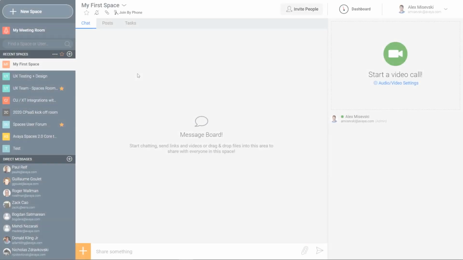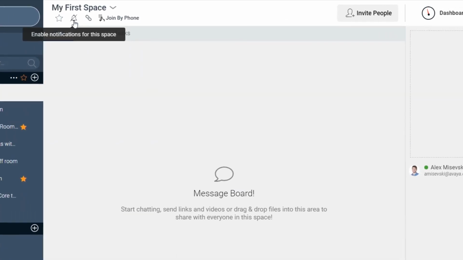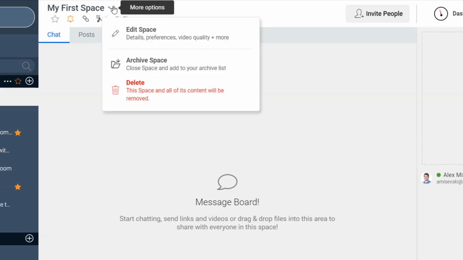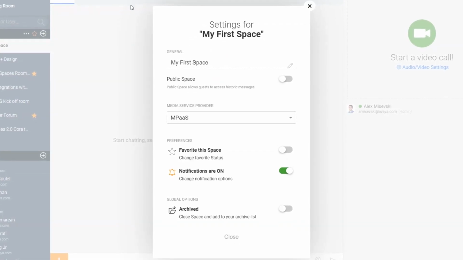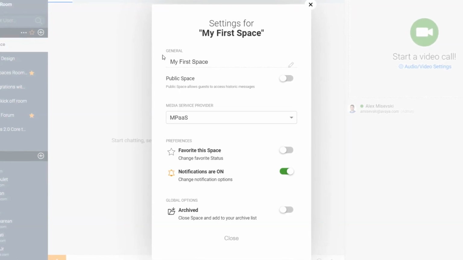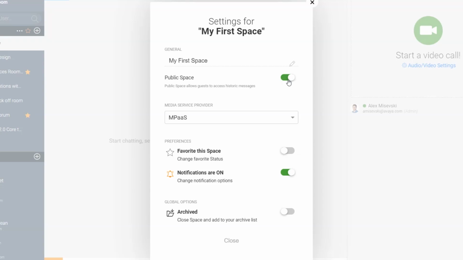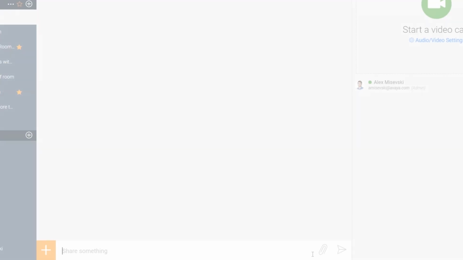So now that you can schedule Spaces meetings from your calendar, it's time to start using the app. Once you're in your new space, make sure to click the bell to enable notifications. You also have other options as the creator of a space, such as the ability to delete or archive it, and even make it public if you'd like to create a forum, for example, and would like guests to see historic messages you posted. You can also send public chats here to all members of your space, even attach files